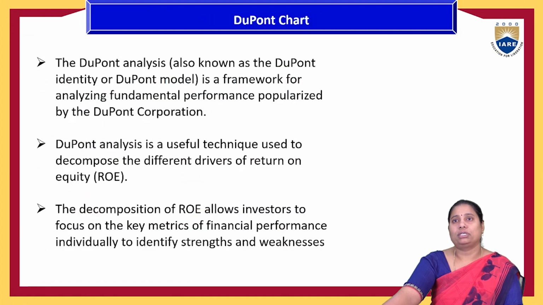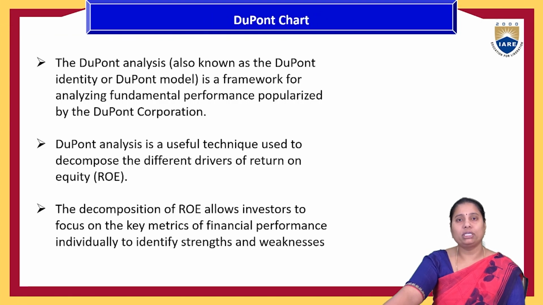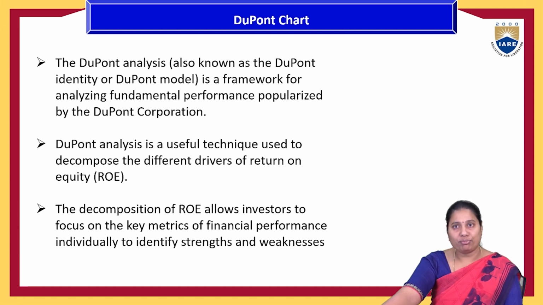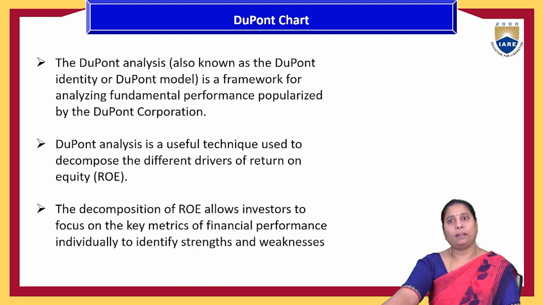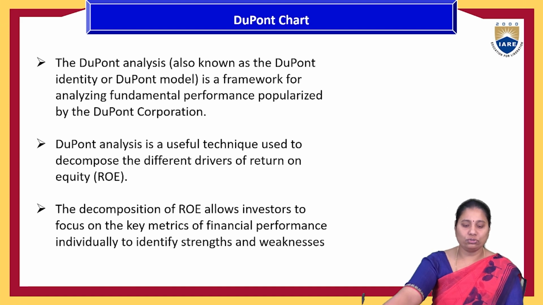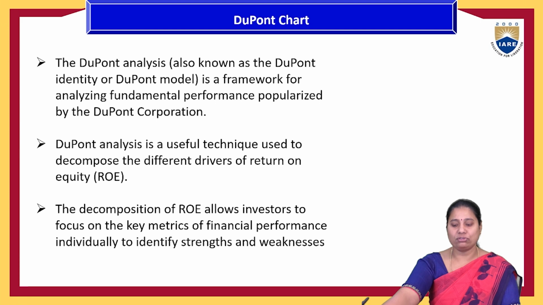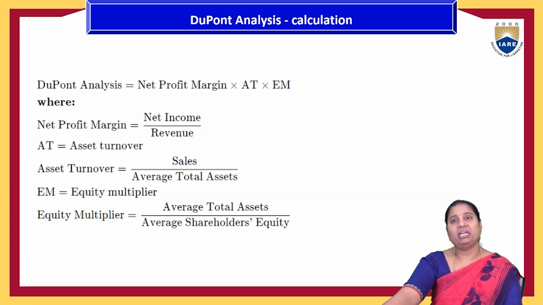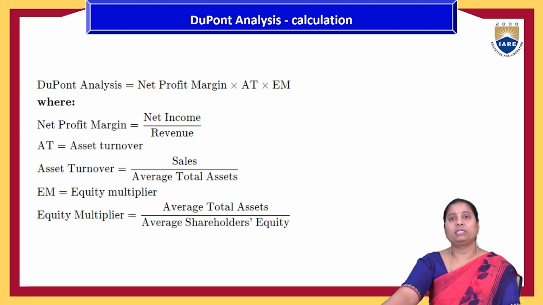profitability ratios. And finally, the concept is about the DuPont chart. The DuPont chart is an analysis that provides a framework for the fundamental performance of the organization. It is very useful to decompose the different drivers of return on equity. These key factors are mainly based on the net profit margin, asset turnover and equity multiplier,